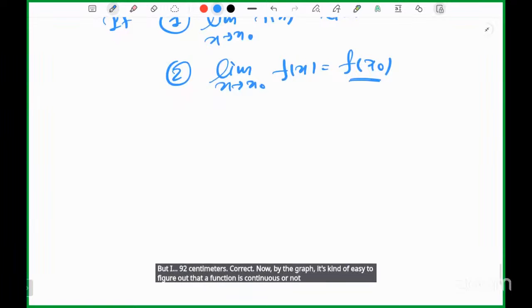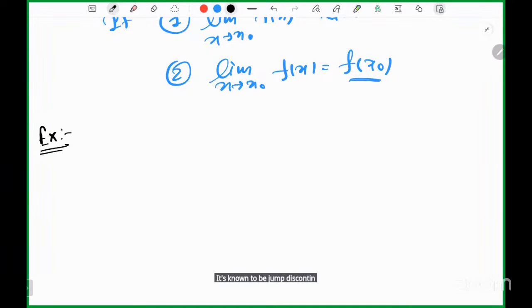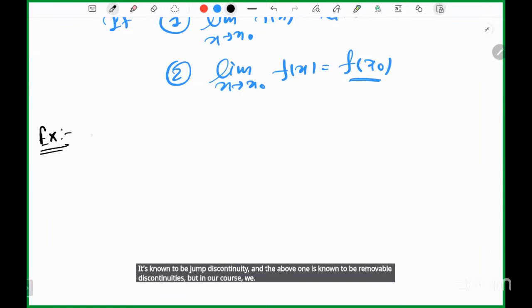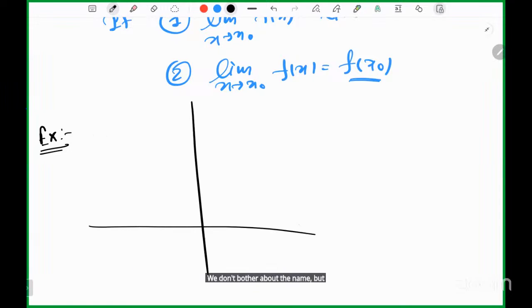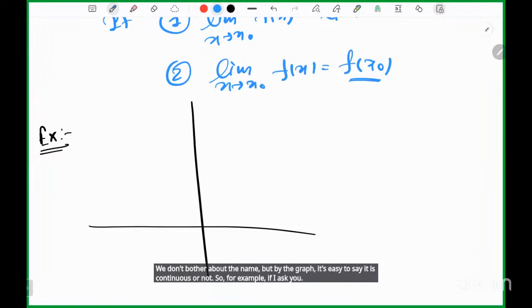If you have a gap type of thing, you can say that it is not continuous. It's known to be jump discontinuity, and the above one is known to be removable discontinuity. But in our course, we don't bother about the names. But by the graph, it's easy to say it is continuous or not. So, for example, if I ask you about this graph,